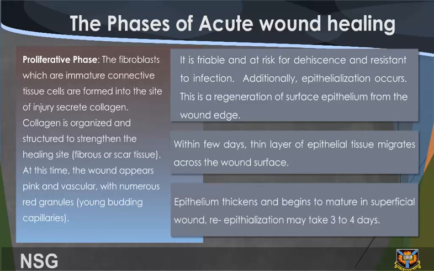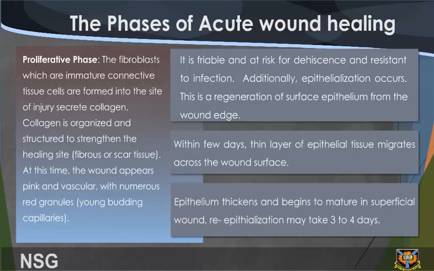Proliferative phase. The fibroblasts, which are immature connective tissue cells formed at the site of injury, secrete collagen. Collagen is organized and structured to strengthen the healing site, fibrous or scar tissue. At this time, the wound appears pink and vascular, with numerous red granules, young budding capillaries. It is friable and at risk for dehiscence and resistant to infection. Additionally,